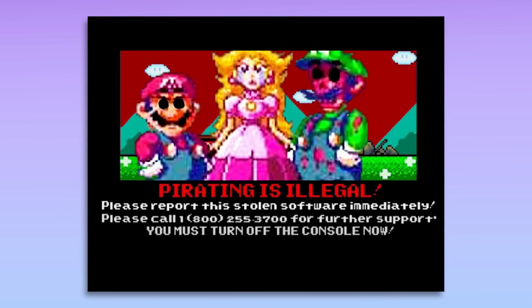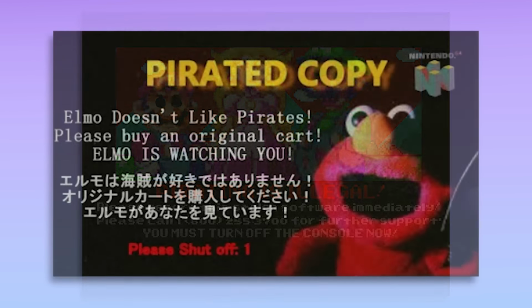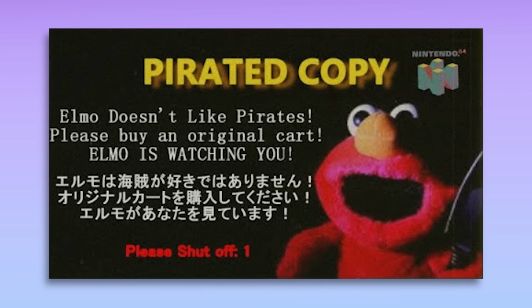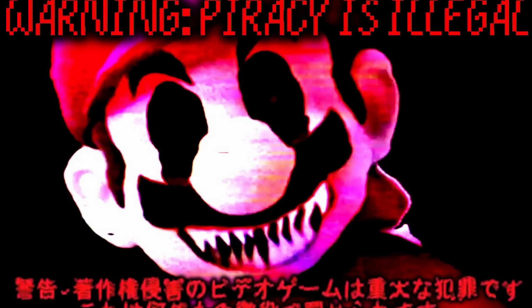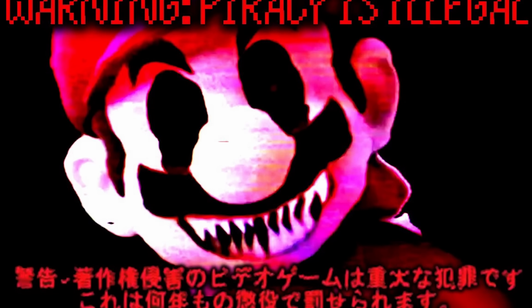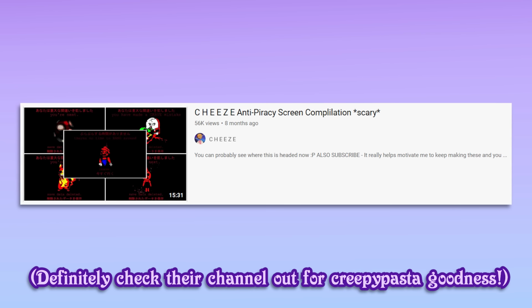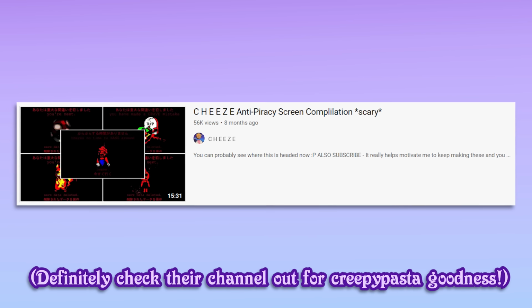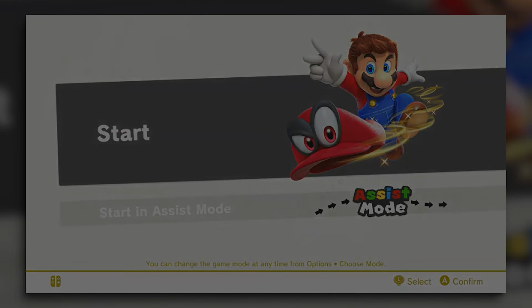First up are the purposely scary, hyper-realistic, blood-eyes, creepypasta style ones. These generally emulate the style of works like Godzilla NES and Sonic.exe with glitched, haunted-looking footage and stereotypically scary images and music. YouTuber Cheese has published many videos in the style, releasing anti-piracy screens for Mario, Zelda, Animal Crossing, and more. One of their most popular videos is a fake screen for Super Mario Odyssey, interrupting the loading page with